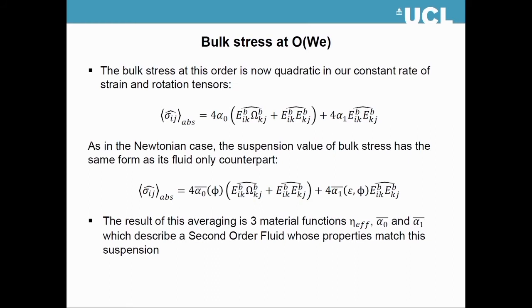Okay, so that's at Newtonian order. What about if we move up to Weissenberg order? Things become a bit more complicated, but in essence, they have the same sort of properties. In the absence of spheres, the bulk stress becomes this combination of constant tensor terms multiplied by material parameters. It's not too much to worry about. But what you should know is that the bulk stress term with spheres actually follows the same pattern, except we have a different material parameter in front of